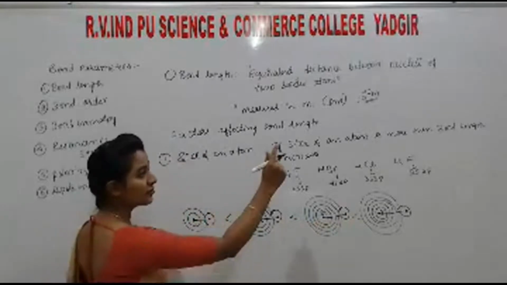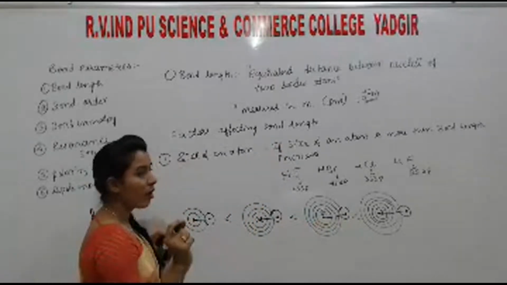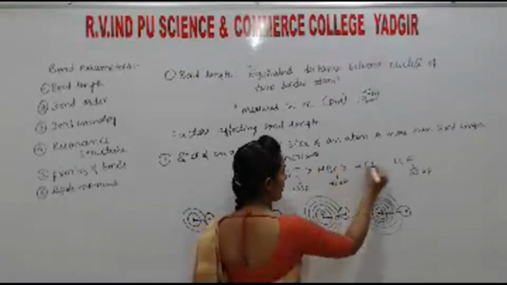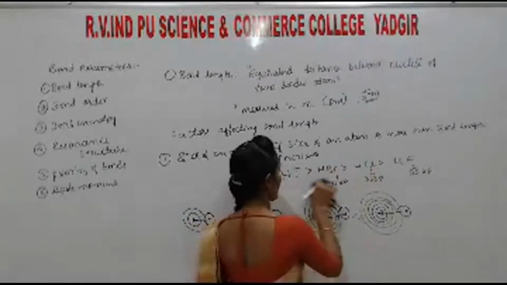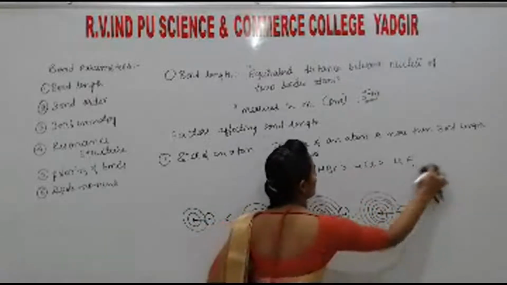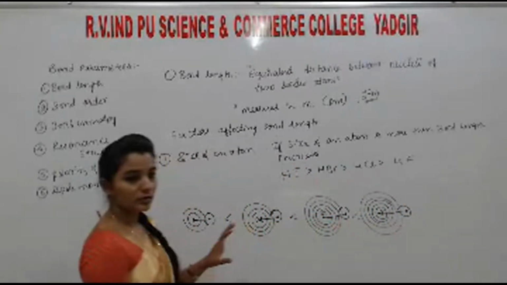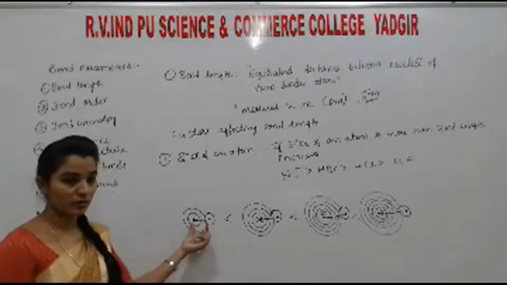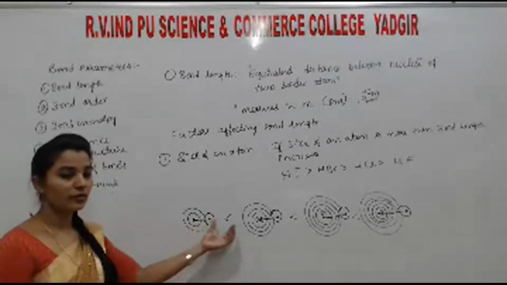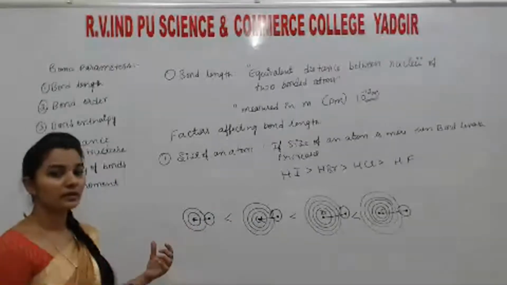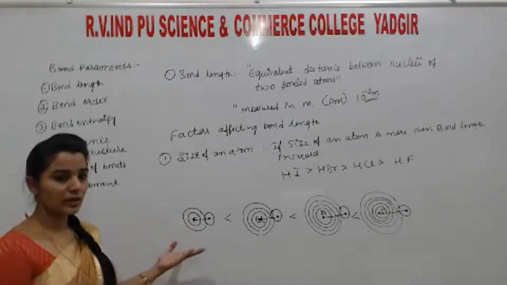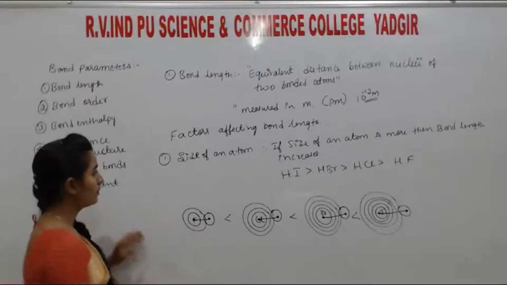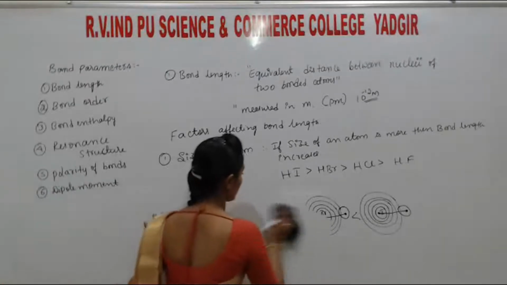Means if the size of an atom is more, then the bond length increases. So this is the correct order of the bond length. I hope you understood how. Okay, so with the equilibrium distance if we measure, if the size of atom is more, of course the distance from the nuclei increases. Then obviously the bond length also increases. Understood? Next, another one is